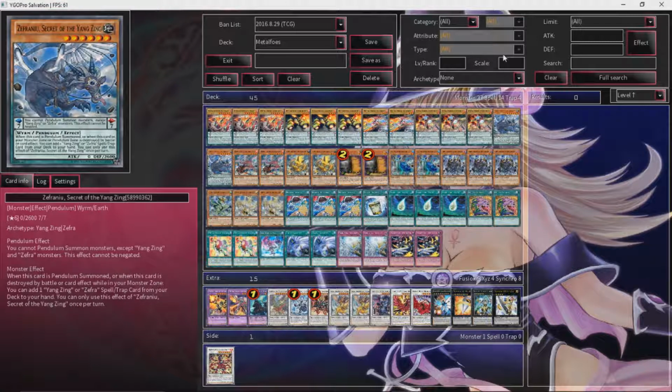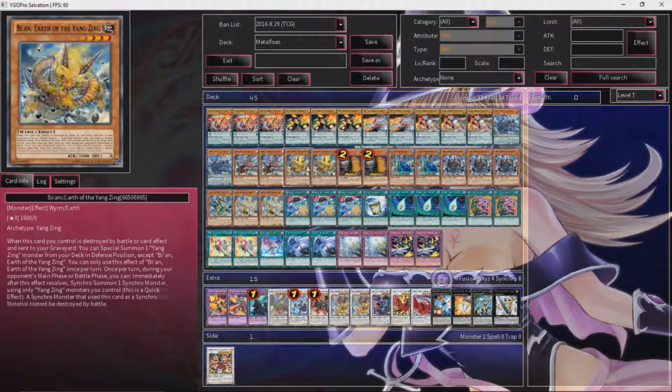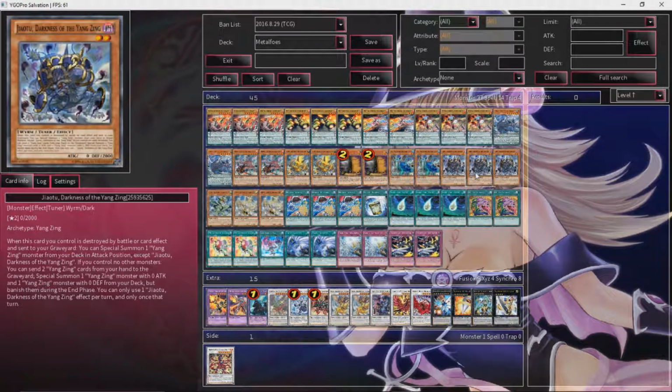Now let's go into the Yang Zing. We are running 2 Zephyrinus. Definitely very important because he searches out our Yang Zing Pasts, which is kind of great. Or he can search out Yang Zing Creation, but that's not so important. And then we're playing just 2 Suwani, 2 Bayan, 2 Bixi, 2 Chuen, and then 1 Palu, and then 3 Giotto because we want to open up with Giotto, and of course more Yang Zings so that way we can